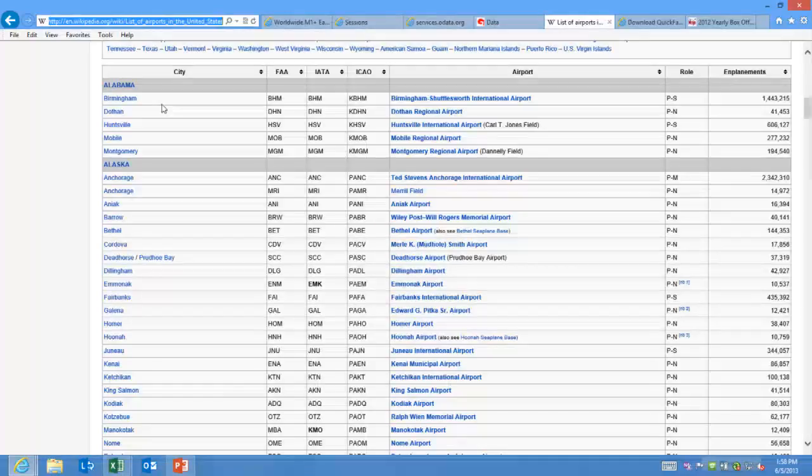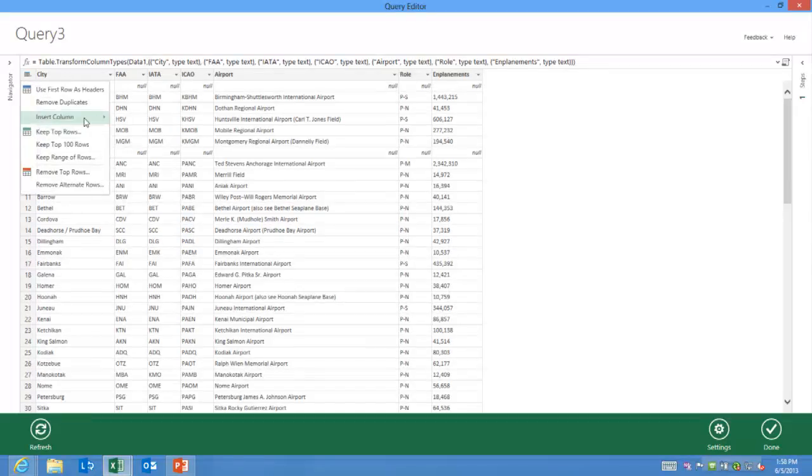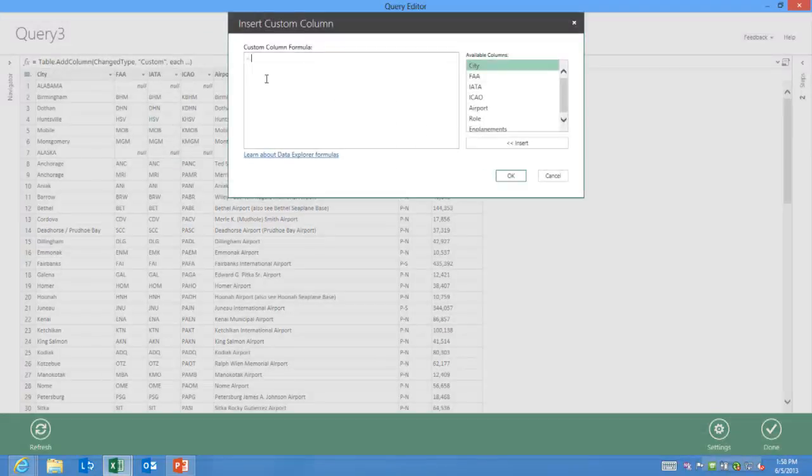And that, in this case, doesn't work for us, right? What we really want is a city column and a state column. So let's go ahead and fix that. So what we're going to do is insert a custom column. And we're basically going to use a rule that I came up with based on the data, which is,